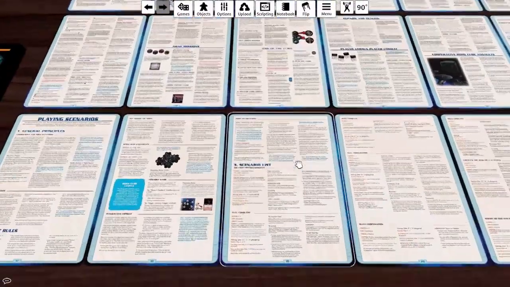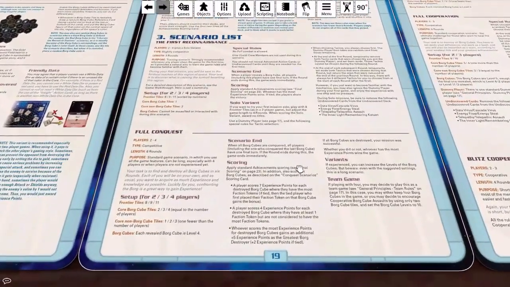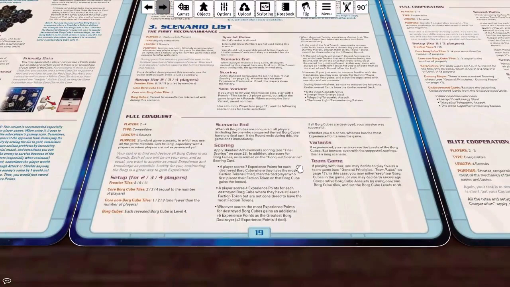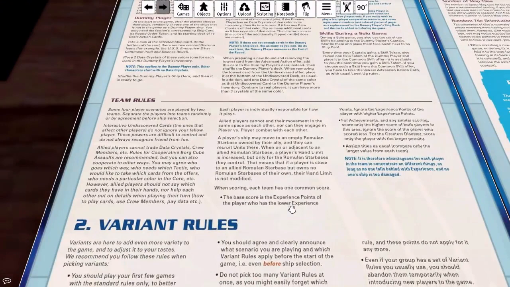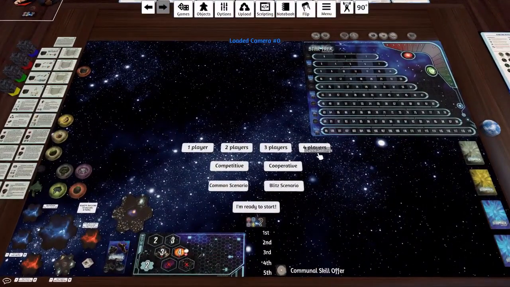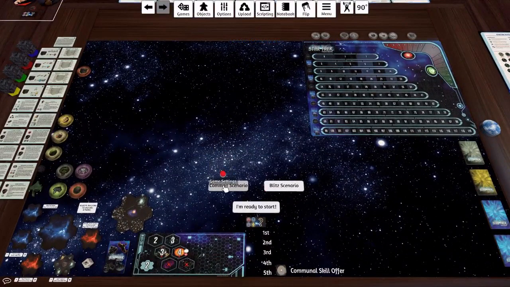We are going to play Full Conquest, and we're going to play 4 players, and we're going to play the team game. So the team rules are on page 17. Yeah, so we're going to play this team rules here. And we're basically going to do Federation versus the Klingons. So we'll get to that in a sec. But the first thing we're going to do is pick 4 players. We're going to pick a competitive, and we're doing the common scenario. And that's about that. So let's set that all up,